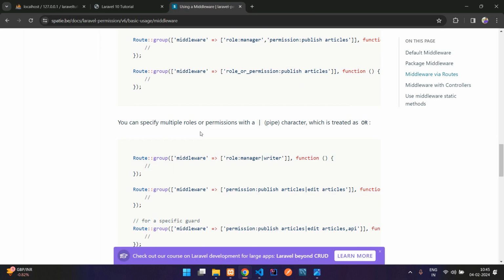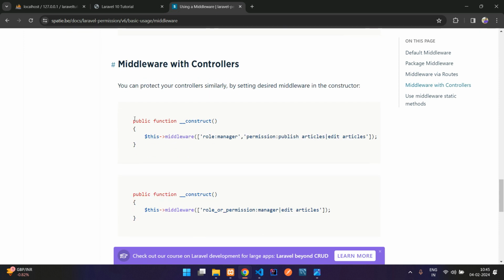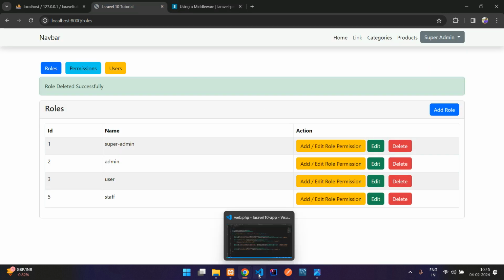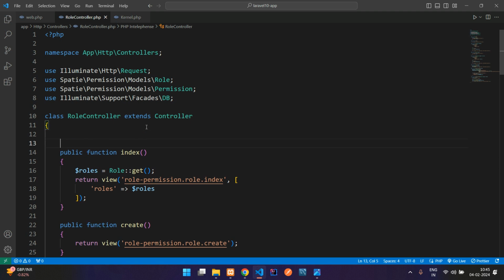So we move below, and here you see middleware with controller. So just use this in your construct method, use your middleware. As simple as that. Now you can get back, and this is my resource route, and now I will comment this middleware for delete role and get to the role controller. So let's move, and let's create a function. So public function